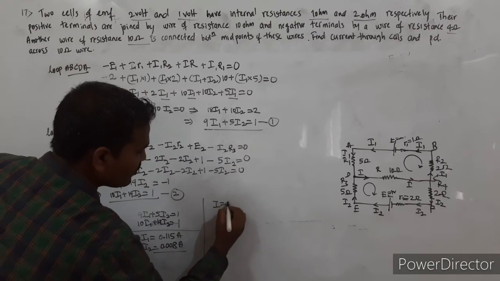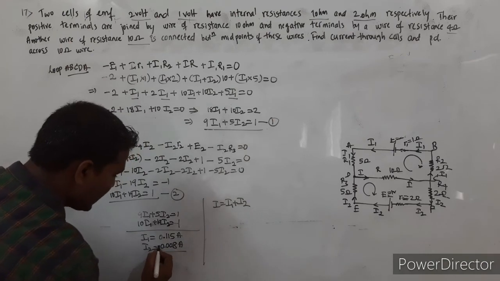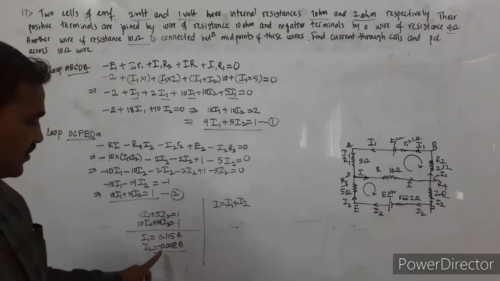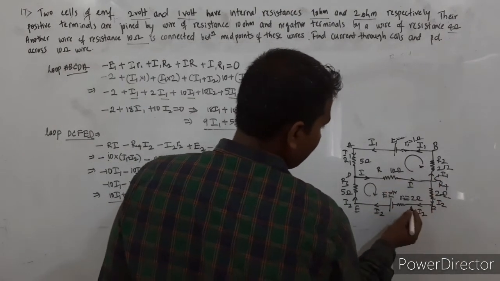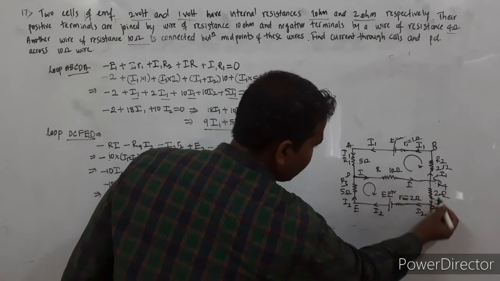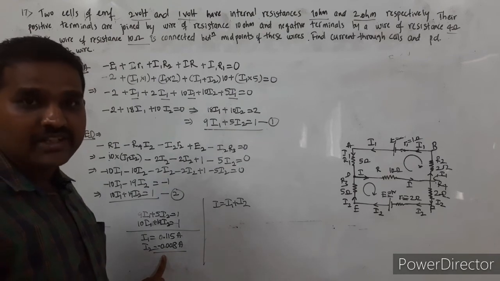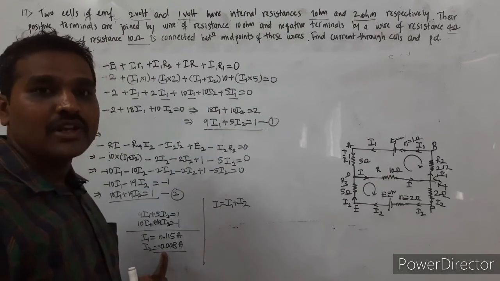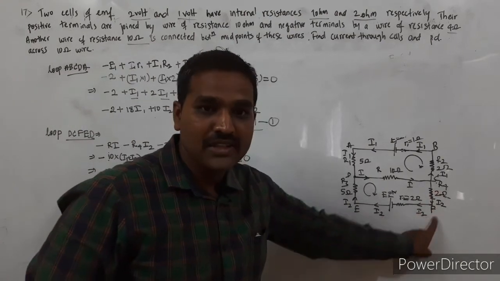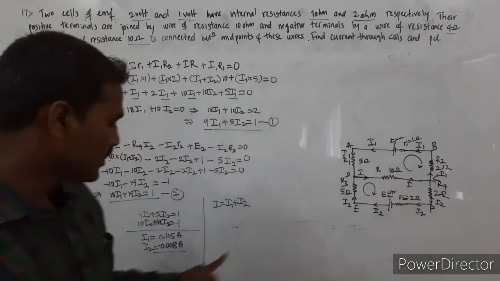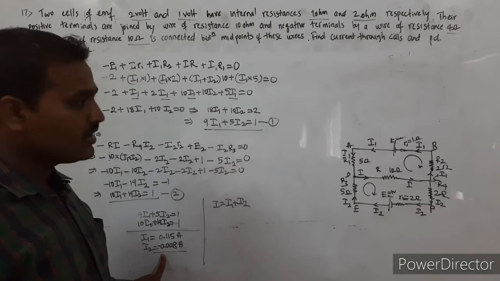We know total current is equal to what? I1 plus of I2. And this I2 I am getting as a negative here. So what is the meaning of this negative direction of electric current? What we have done, I2 we are assuming it is moving from C to F, clockwise direction, but actually it is moving in the opposite direction. It is not wrong. If I am getting any current value with a negative sign, it indicates the direction of I2 that we have assumed is not correct. So that will be in the opposite direction. That is the meaning of this negative sign of the answer here.